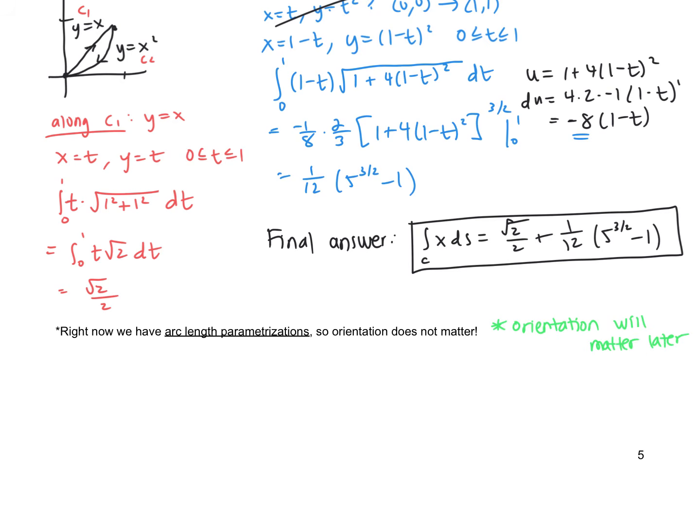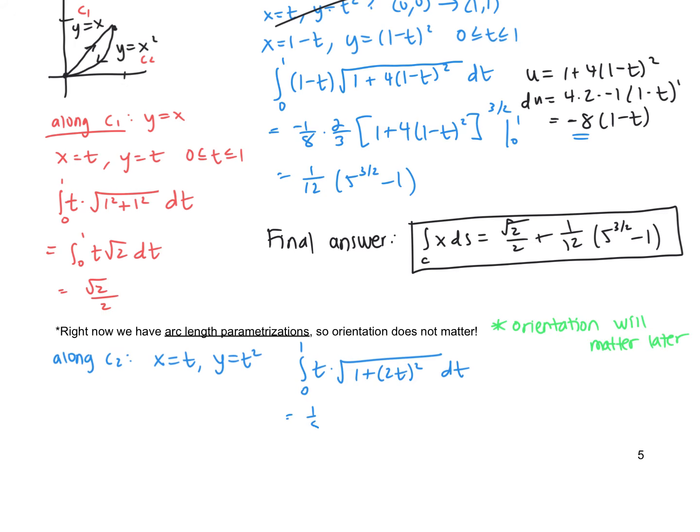So what I mean by that is if we return up to all this work that we did in blue, the first thing that we considered is for that second curve, we considered x equals t and y equals t squared. And we said that wasn't appropriate because we were moving in the wrong direction. We were going from 0, 0 to 1, 1 when we wanted to go the reverse direction. Well, if we instead used this parameterization, so from 0 to 1 of t multiplied by 1 add 2t quantity squared dt,